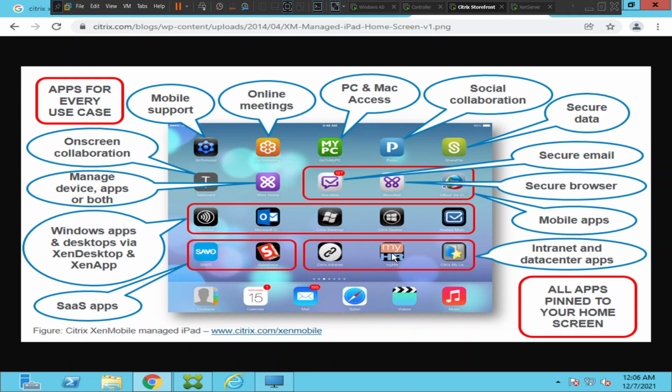And at any point in time, once the work is done, they can simply log off. Okay, so this makes sure that the data is safe and secure on the Citrix environment and over the back end. The data is not saved, even though the applications are installed on the end user devices. At any point in time, if the device is lost or stolen, they can simply call up the help desk and say that my device is lost or my device is stolen. So Citrix administrators can simply remove this particular device or wipe the data from the backend.